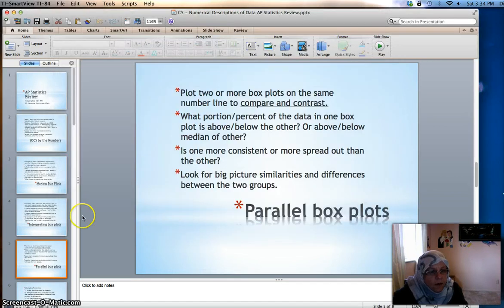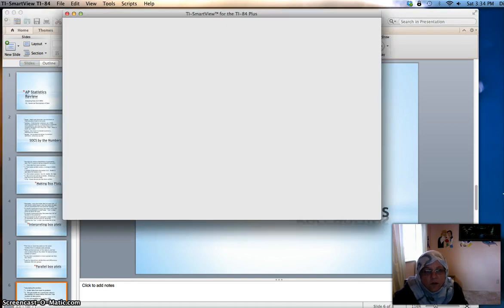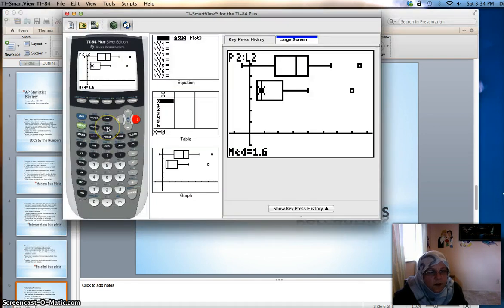Okay, all right, and so what else can we do with data from Chapter 5, calculating percentiles? Order data from least to greatest. The percentile for a particular value is the number of values below that one divided by the number of data points. And it's not possible to be at the 100th percentile even if you're the best, because it's always the number of numbers below, and so it's never all the numbers divided by all the numbers. So if we wanted to calculate a percentile,